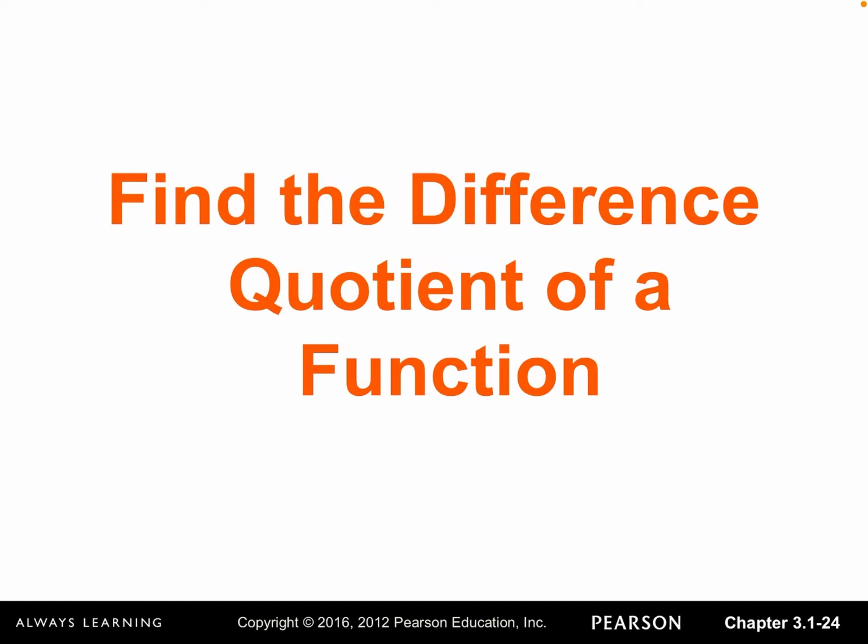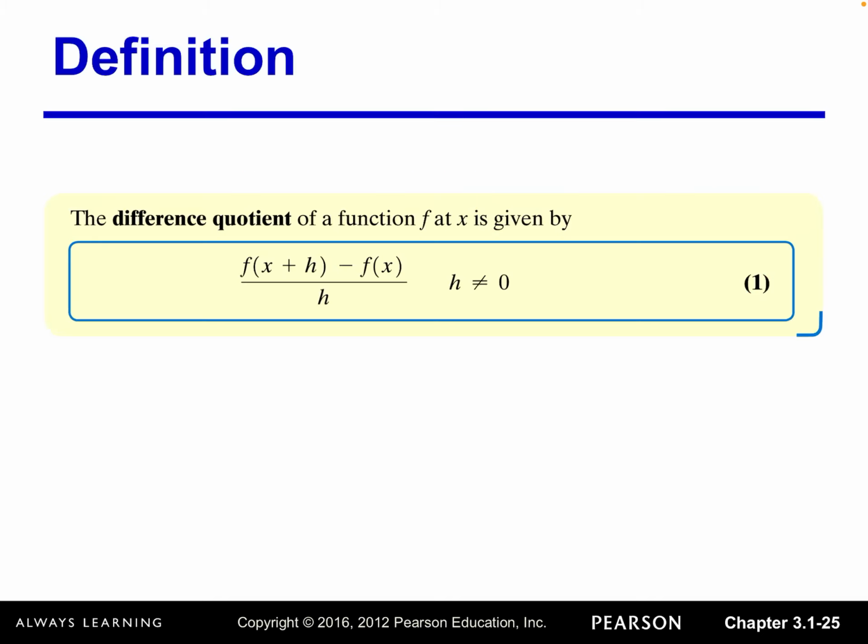In this section we're going to learn how to find the difference quotient of a function. So what is the difference quotient of a function? It's defined as f of x plus h minus f of x, and this difference divided by h. What it means is that the difference quotient is a measure of the average rate of change of the function over the interval